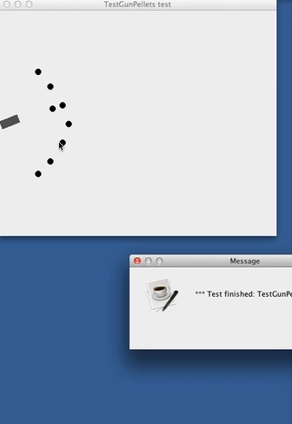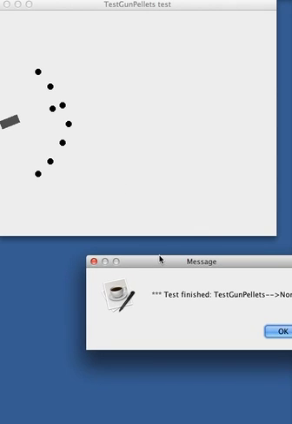You can just leave these showing. It's kind of cool. Once again, at the end of that, call the reporter test done method. So they're getting increasingly more complex, and